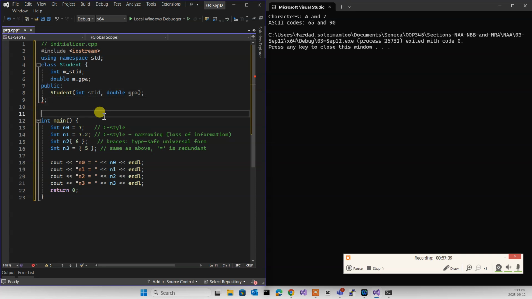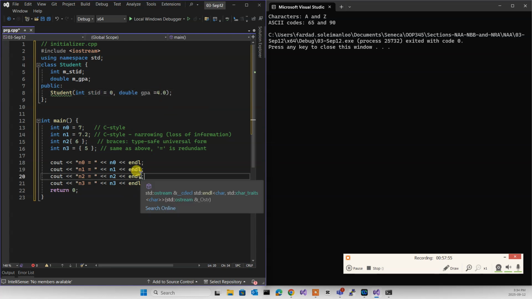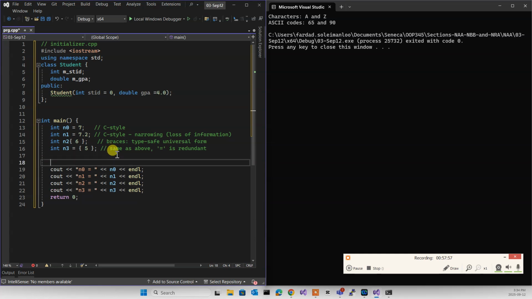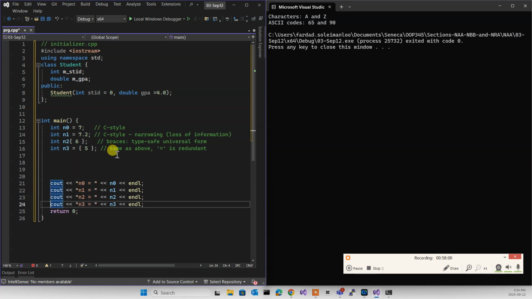And let's say by default the GPA is 4.0 and the student ID by default is 0. So to initialize a student, I can write Student S with curly brackets 234 and 3.5. So no more parentheses, remember that. You can use it still, but don't.